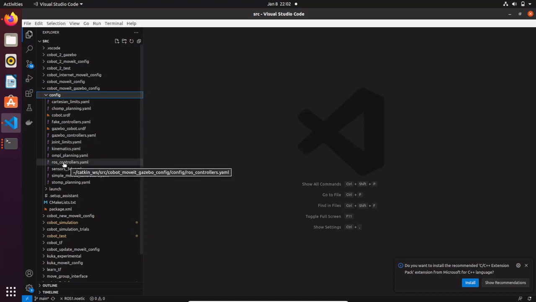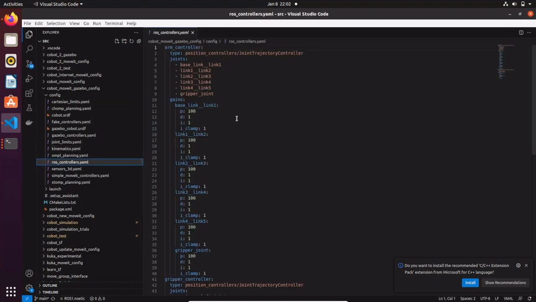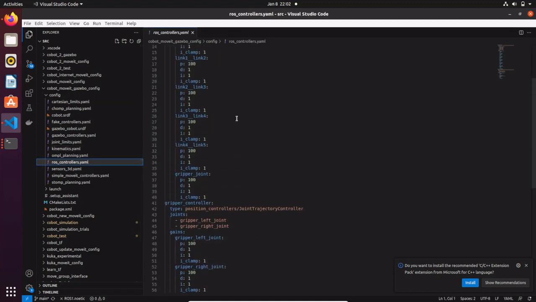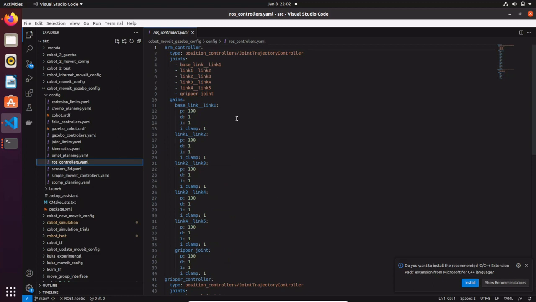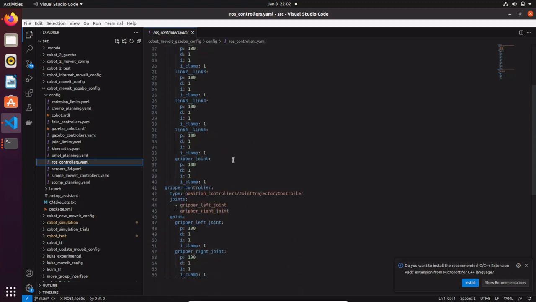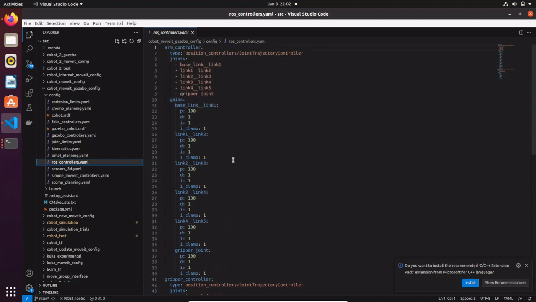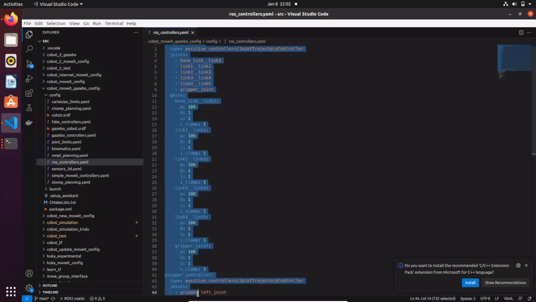This is the first step: modify the ROS controllers YAML file. This was created automatically, but if you spawn this, it's not going to work. I'm not going to explain why, so for the moment just trust me and comment this out, and then